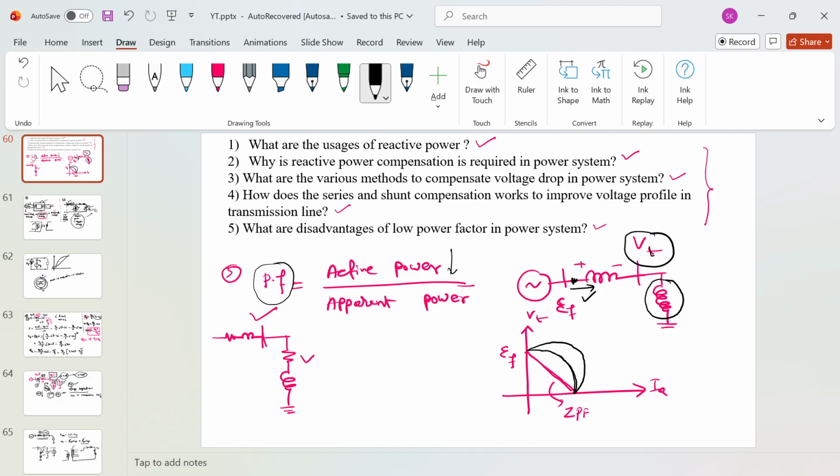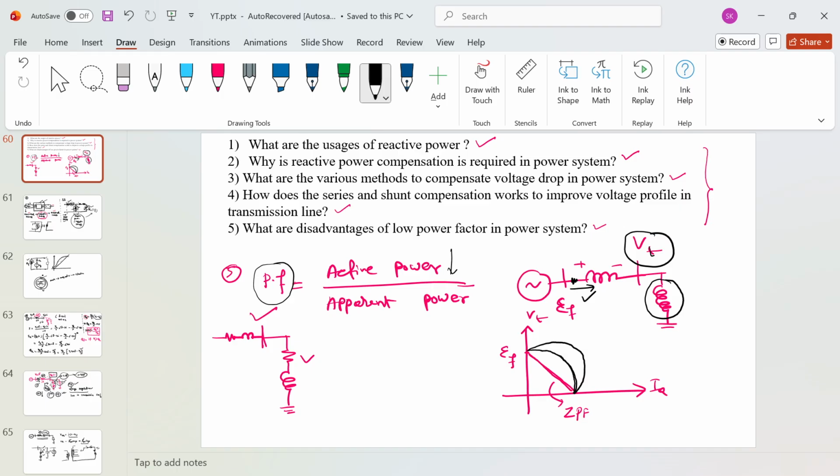So that means you are not supplying more active power. If you see from the generation point of view, if your power factor is too low, you are not even supplying more active power, so you will not get much profit from that. So we need to improve the power factor by connecting a capacitor. You can connect a shunt capacitor. You can choose either a synchronous condenser or a capacitor bank, and all of these things, to improve the